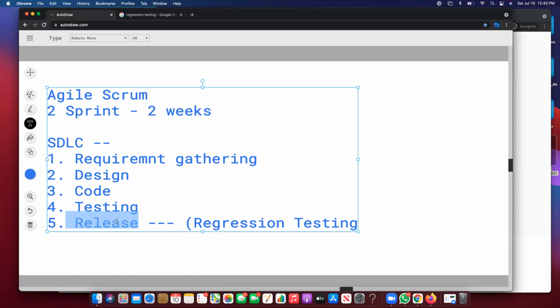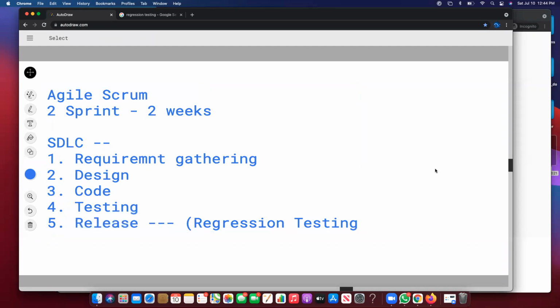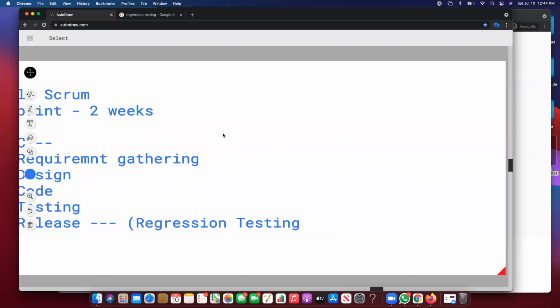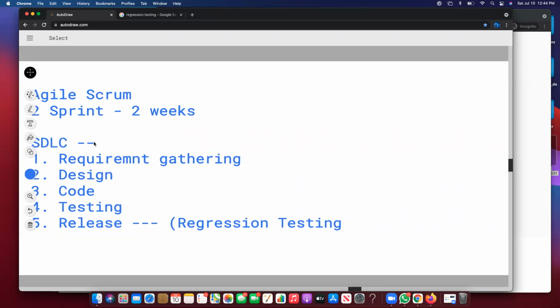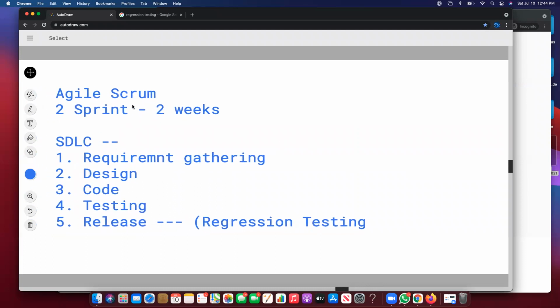We are the testing expert, right? We are the subject matter expert on testing. So imagine you go and tell your manager, hey, maybe we shouldn't do regression here. It's like saying, okay, you don't want to do your job. So that is one of the reasons why automation is essential for Agile Scrum teams,